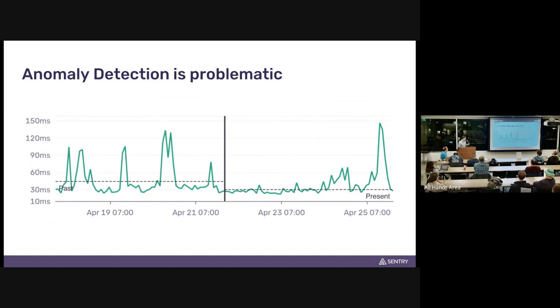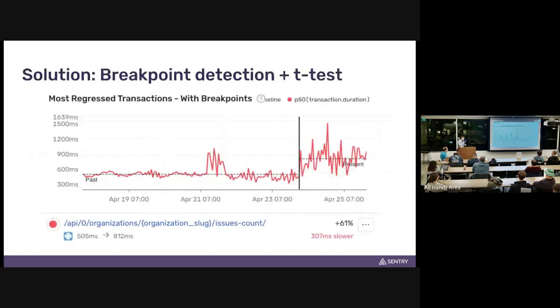Here's an example of a P50 duration for an endpoint that just changes a lot. We wouldn't want to flag a bunch of different performance regressions for this because it's really just noise. So the approach we're headed down right now is a combination of breakpoint detection